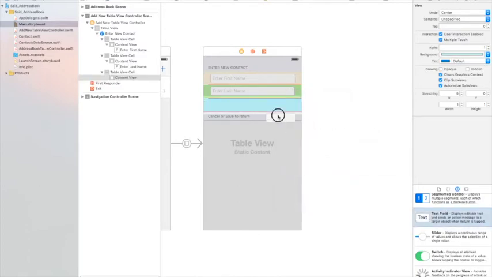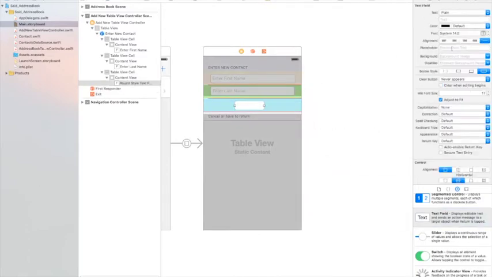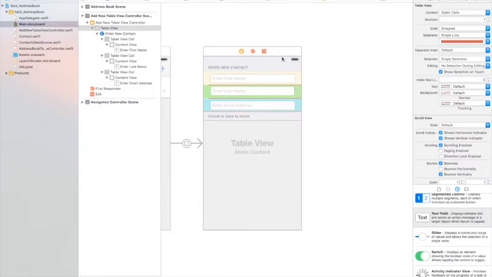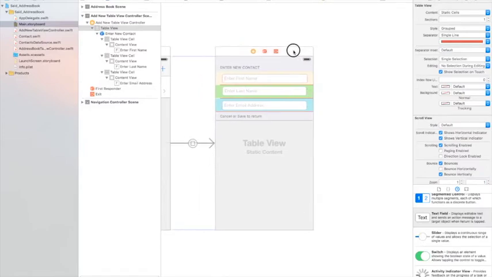And add a text field and enter email address. And likewise, no capitalization here, no corrections, no spell check. And in the keyboard, I believe there's one special for email address, so we will use that email address keyboard. So this is the setting the